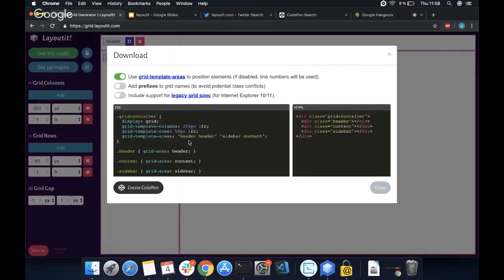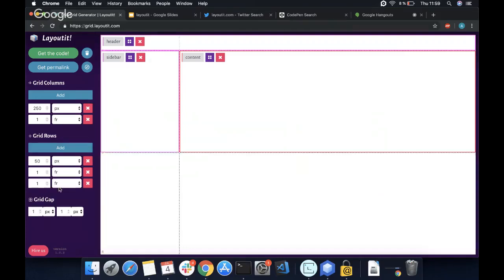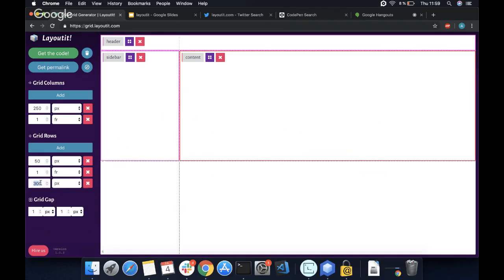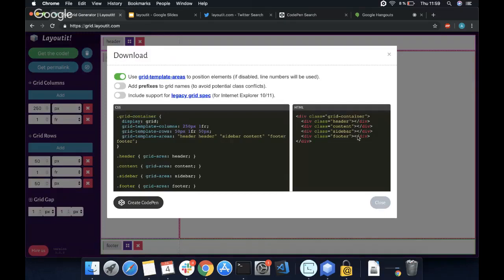So this is the code. And that's pretty much it. Then you can keep adding, for example, if you want to add a footer, you can add another row with pixels, maybe 30 pixels, 50 pixels. And then you add another area that's called footer, and you get the code. Then this is meant to be like a starting point. This is not really a site builder, but more like a structure builder to start